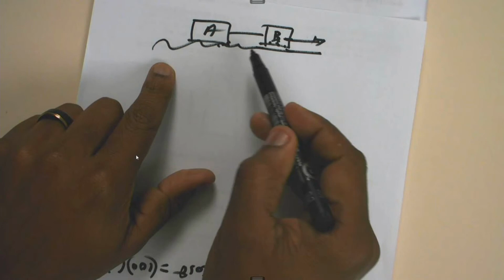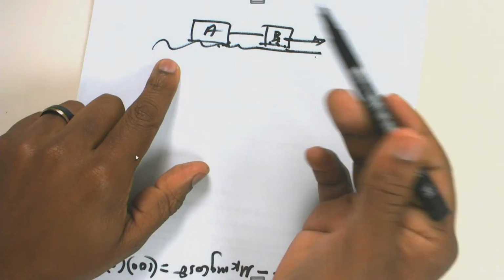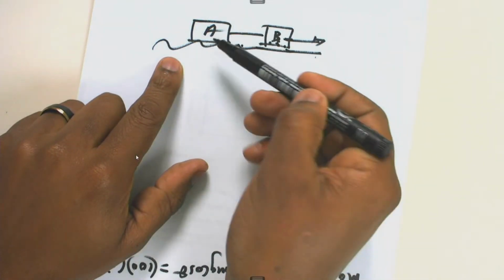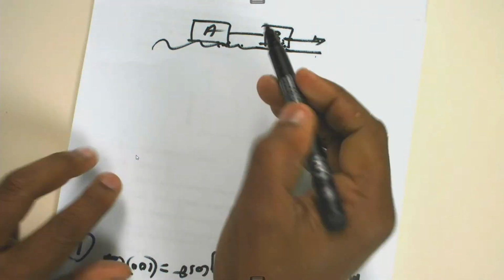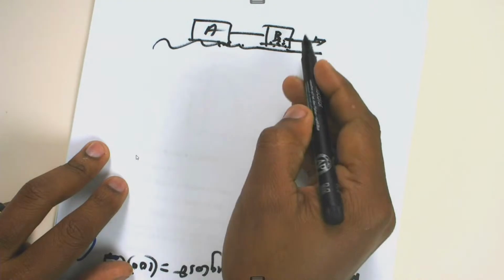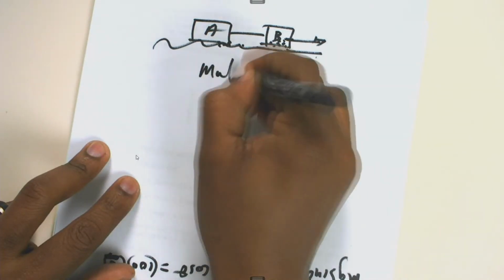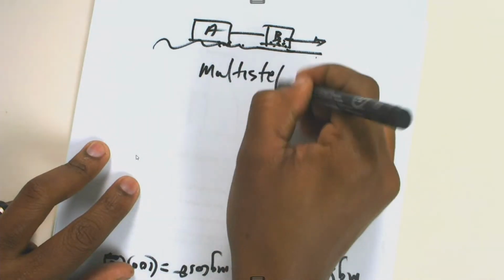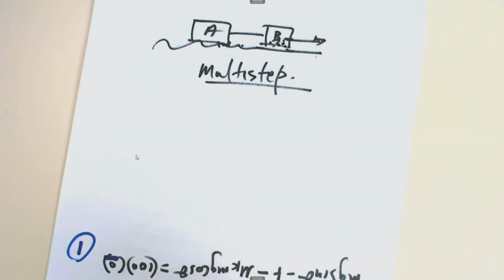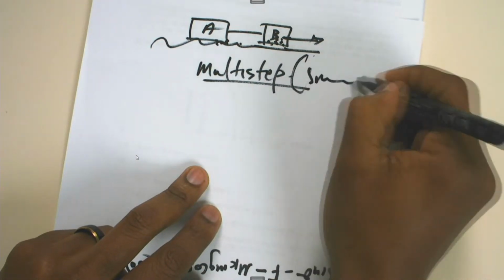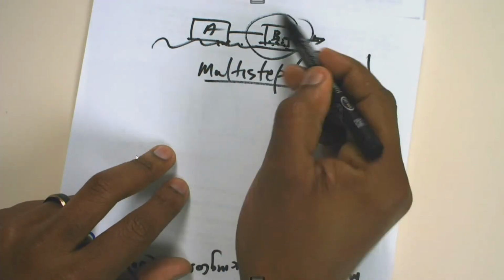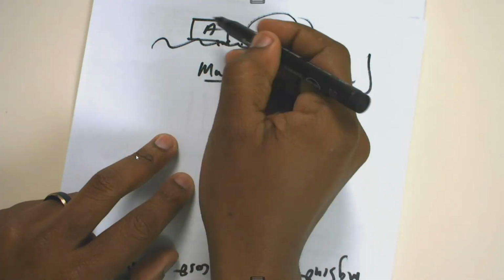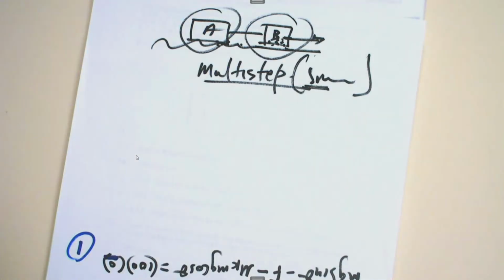So when you prepare now moving forward, also include where we have a system of two bodies, because once we have a system of two bodies, the expectation is you must now perform a multi-step. So performing a multi-step, it's moving now into simultaneous as well. So when you move to simultaneous, it means you need to draw a free body diagram for A and then a free body diagram also for B.